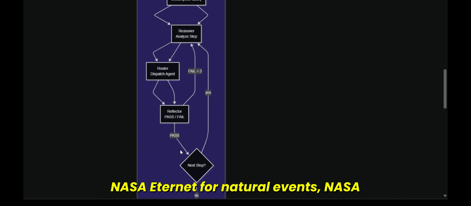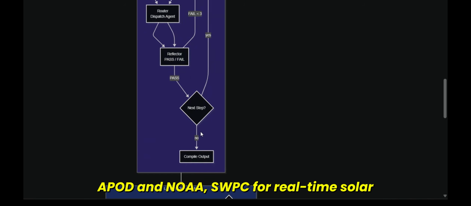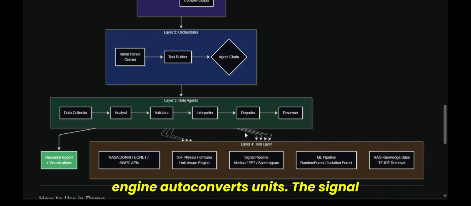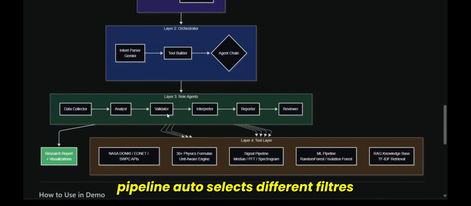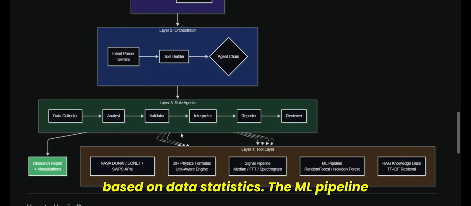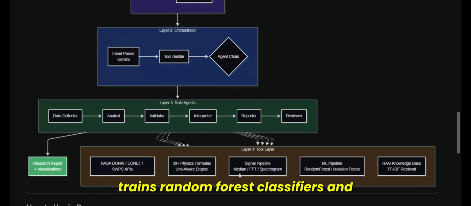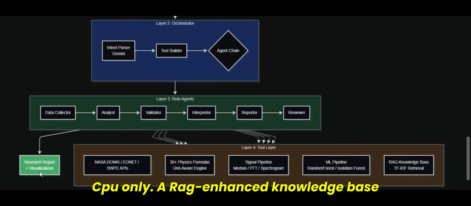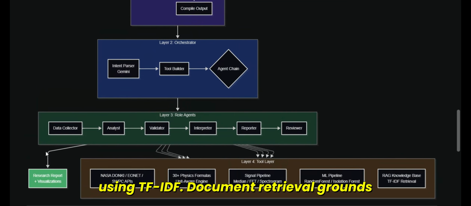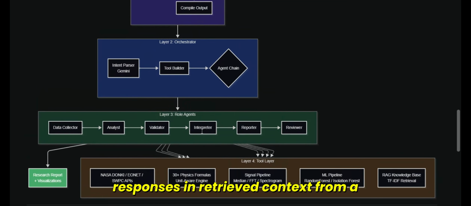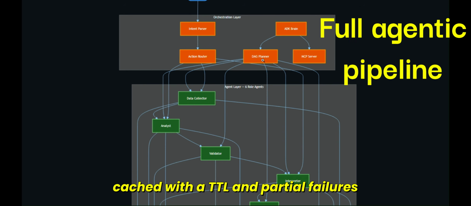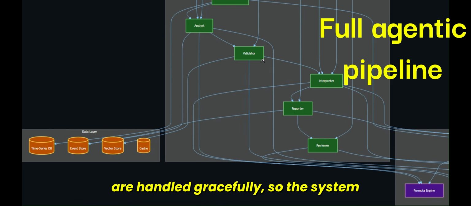The tool layer connects to 4 NASA DONKI endpoints, NASA EONET for natural events, NASA APOD, and NOAA SWPC for real-time solar wind. A 30+ formula physics engine auto-converts units. The signal pipeline auto-selects different filters based on data statistics. The ML pipeline trains random forest classifiers and isolation forest anomaly detectors on demand using scikit-learn, all CPU only. A RAG-enhanced knowledge base using TF-IDF document retrieval grounds responses in retrieved context from a local corpus. Every API response is cached with a TTL, and partial failures are handled gracefully so the system continues with the